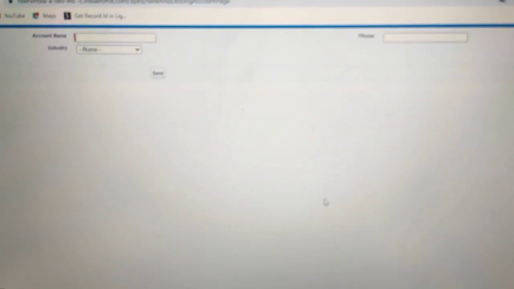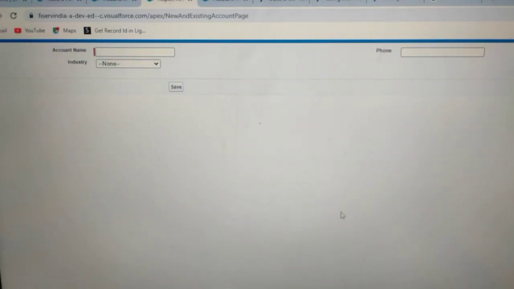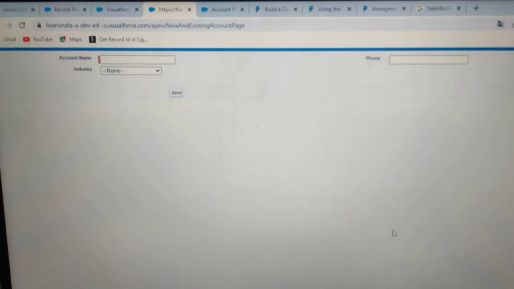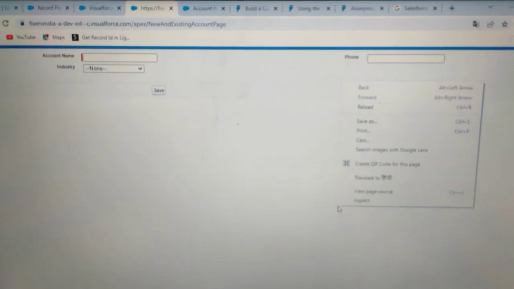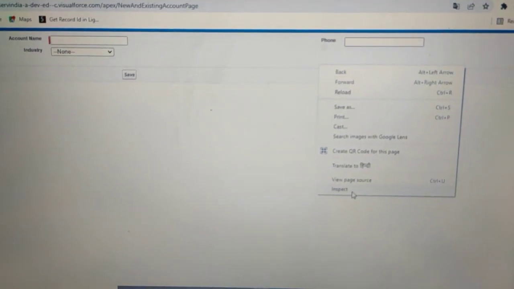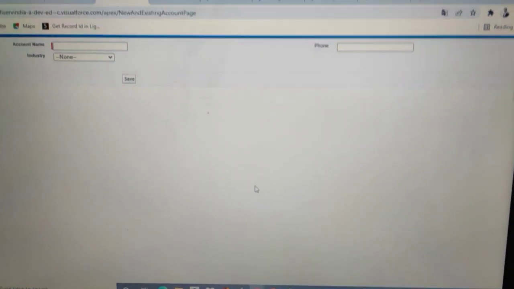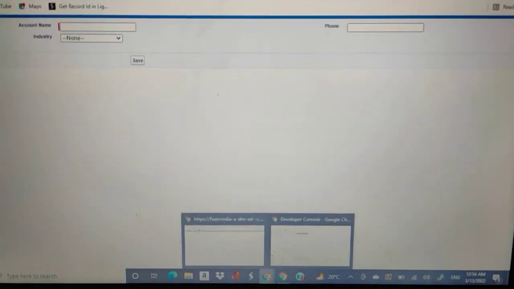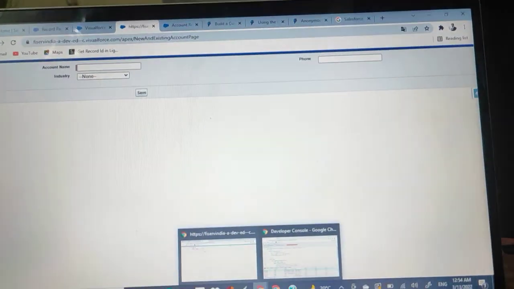Okay, now see, my viewer page got opened. This is my viewer page. So like I discussed, if you want to debug, you have to right click and do inspect, and once you do this, the browser window